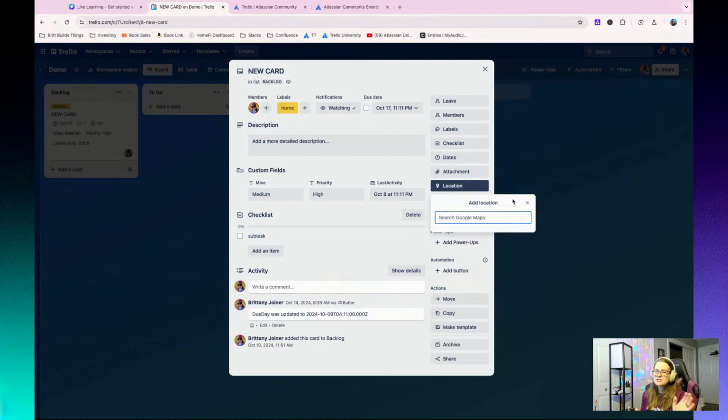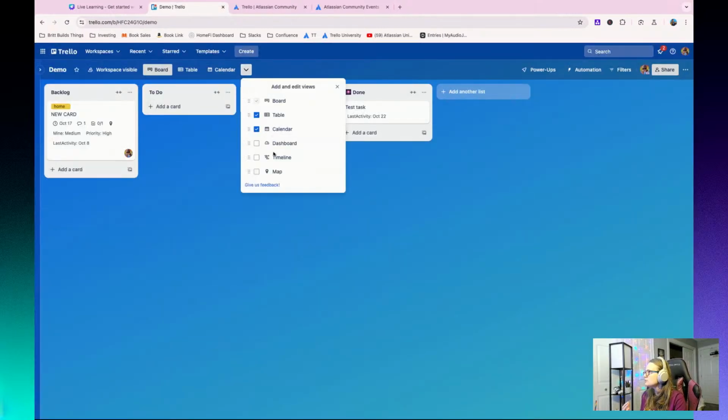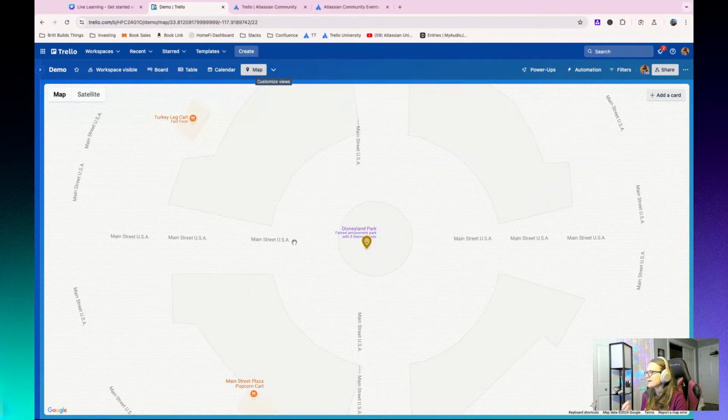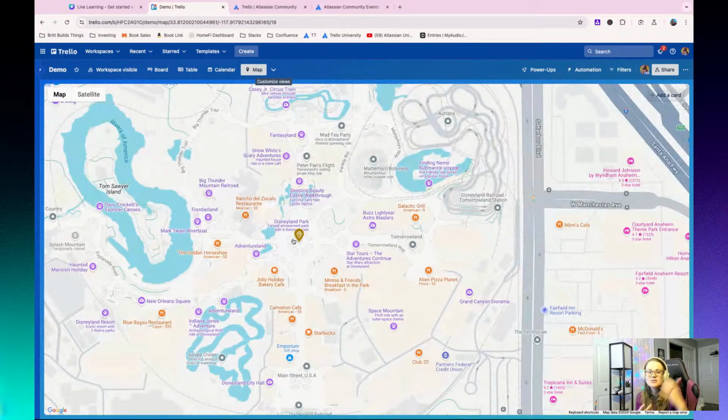You can also add locations, and this is something that either you think is really cool and you can already imagine how you'd use it, or you never touch it and there's no in between. So I really like it when I'm planning trips, because when I can add a location to a card, what that lets me do is use Trello's views, which I think we'll talk more about in a second, to plot those cards on a map. And so when I was going to Italy, this was really helpful to see what kind of activities were near each other. So I could say, okay, on these days, let's do this. And on these days, let's do that.